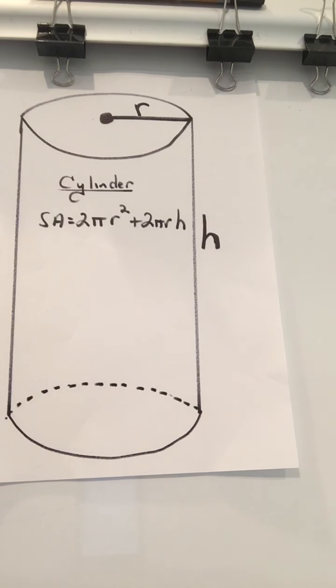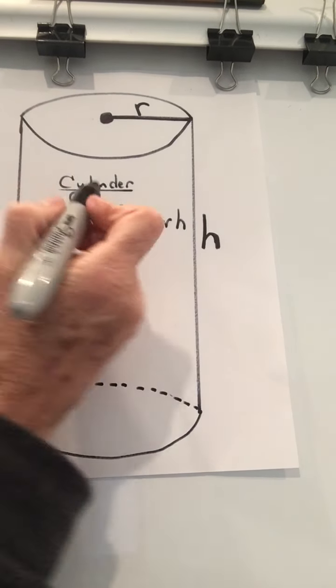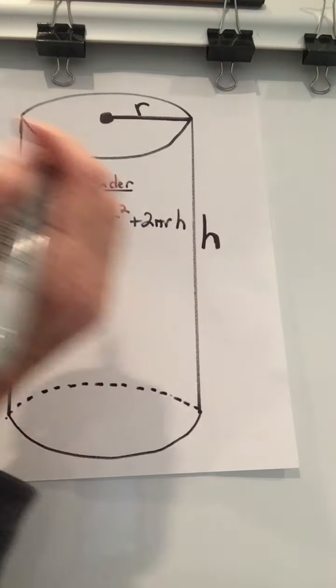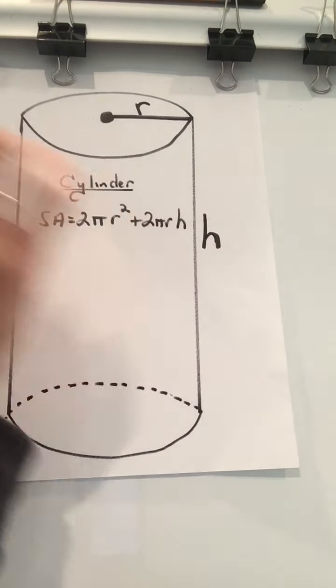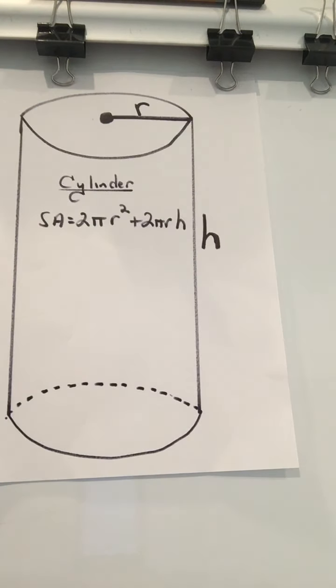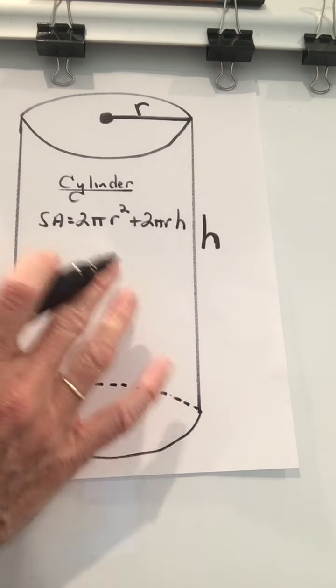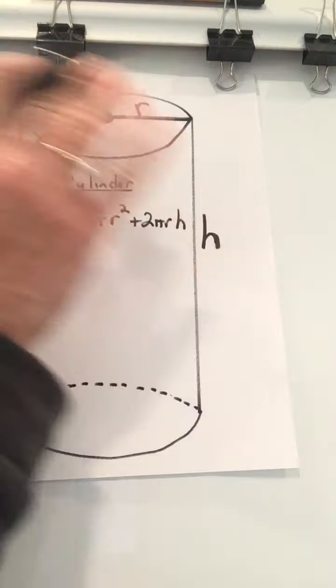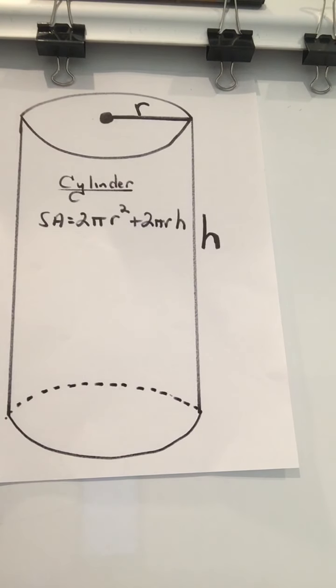Okay, now we're going to find the surface area of a cylinder, which is what we call a can. This is just a can, like a regular can of beans or a can of corn. Again, we're finding surface area. We're just figuring out how much material is needed to cover the can, or how much material is needed to